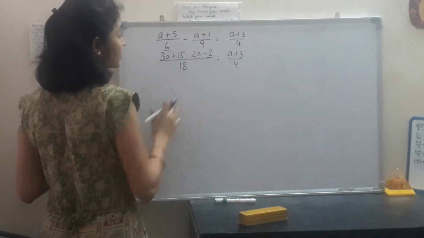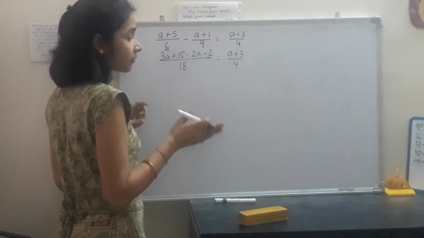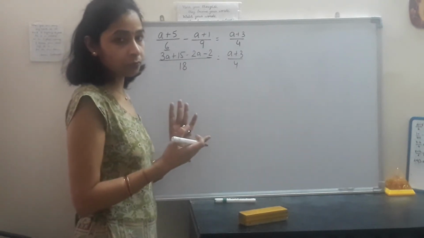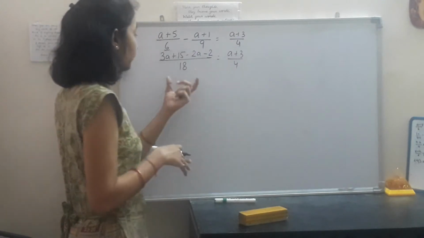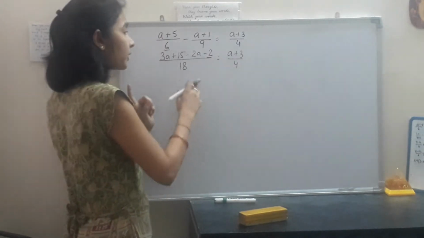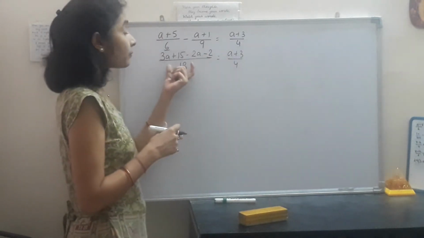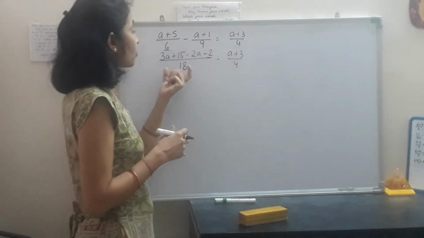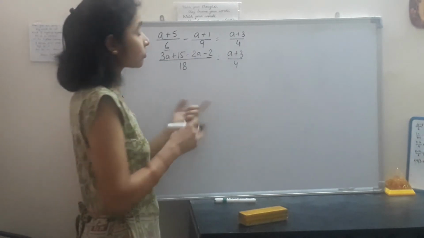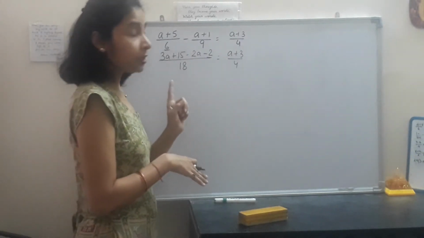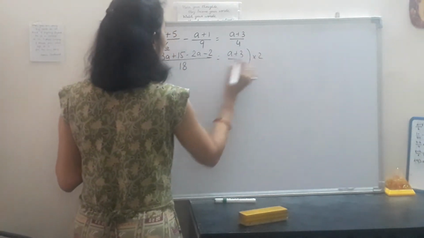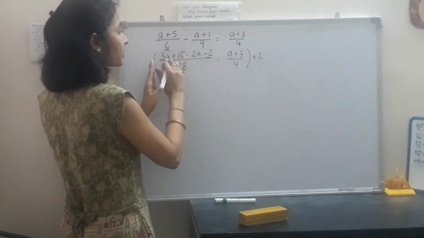Since I told you that along with transposing we will also use multiplying and dividing the equation by the same number, in the first question itself we are using it. Here we have 18 and here we have 4. To solve the equation we need to cross multiply. Multiplying by 18 is a big number, so we can simplify the equation by multiplying it by 2 on both the sides. So this 18 will change into 9, and it will be a bit simpler. I am multiplying this whole equation by 2, and within that step itself I will simplify here also.